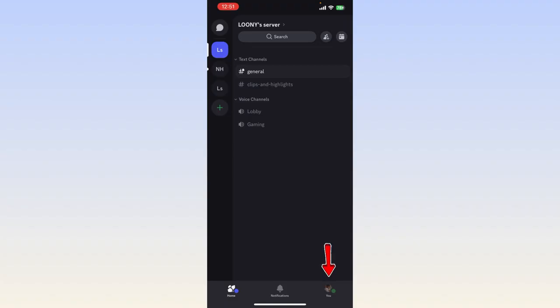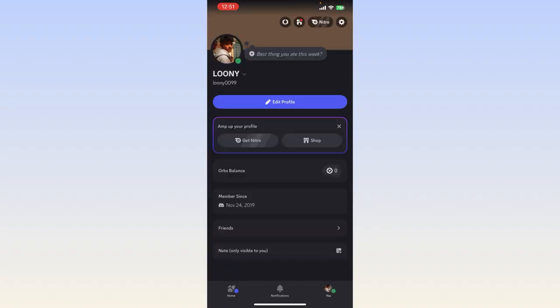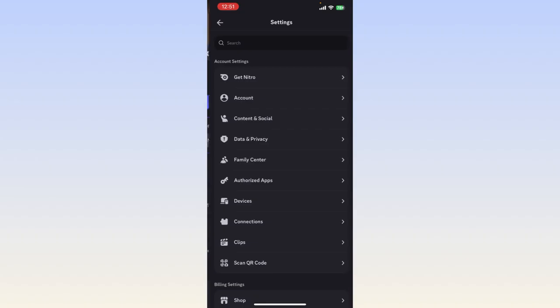So just tap on that profile option, and once you tap on it, you will be redirected to your profile page, where you can see there is a settings option at the top right corner shown on the screen. So just tap on that settings icon, and once you tap on it, finally in the search bar you need